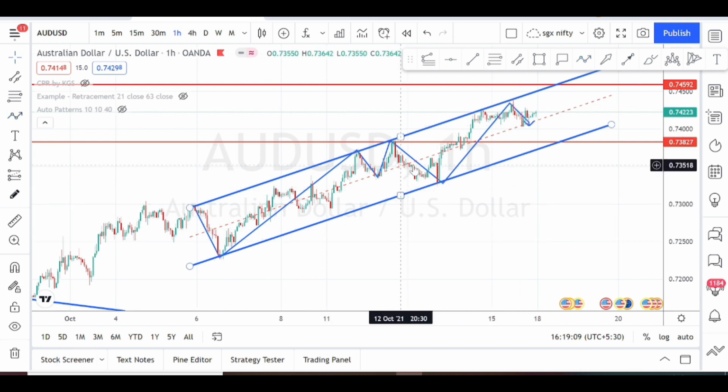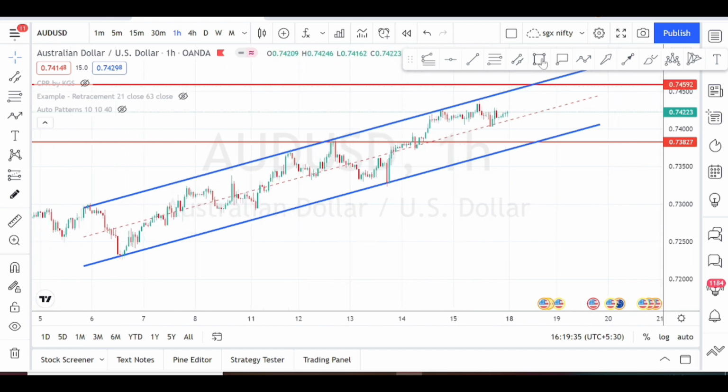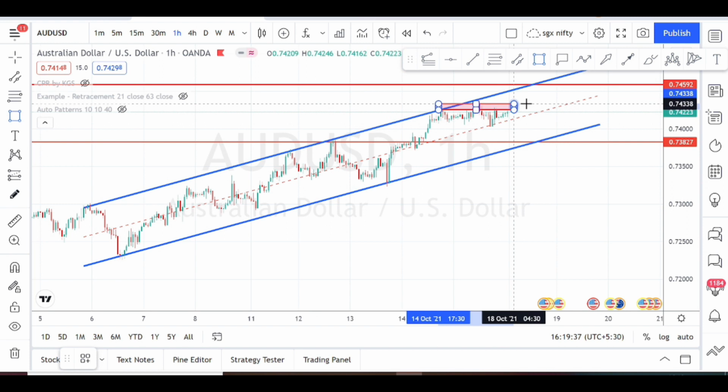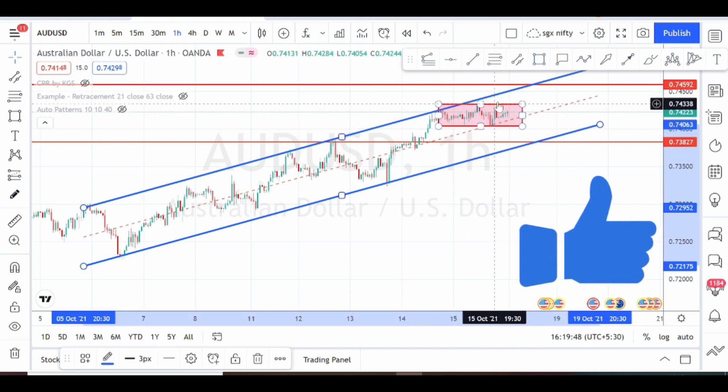In the lower time frame also, this currency pair is traveling in a channel pattern and it has broken the resistance from the daily time frame. It may attempt to break this resistance from the daily time frame also. But when we notice this price action in detail, within this range there is not much movement. It is finding some sort of resistance, it cannot move upside and it is not moving downside either.